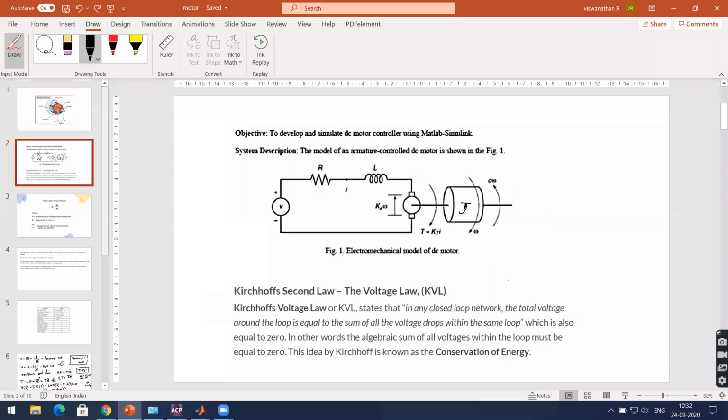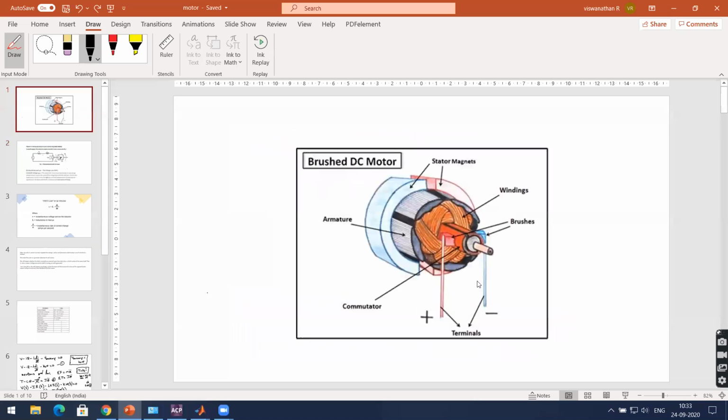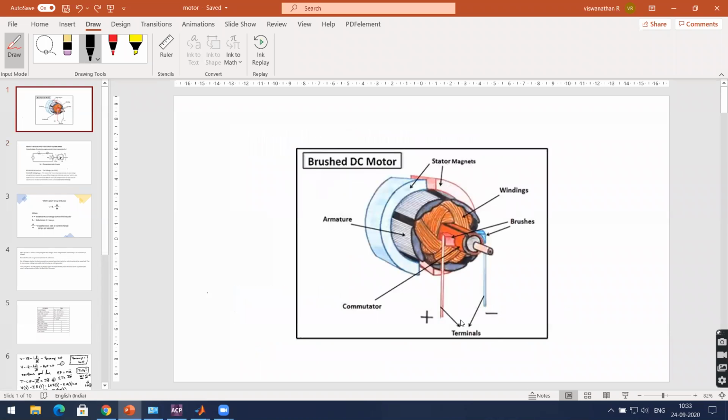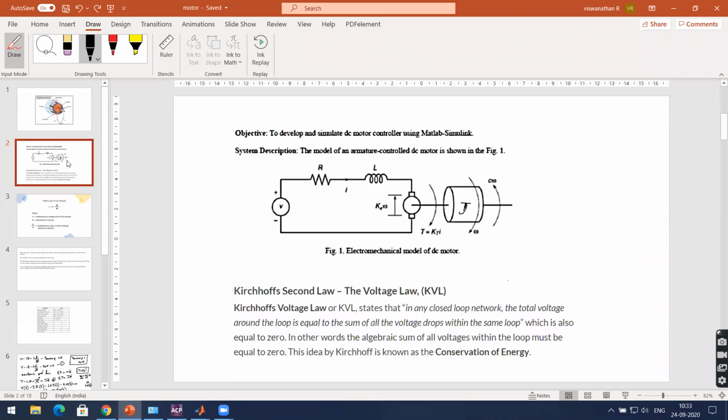Then you have an inductance, because of the core and the coils wound. And then this is the back EMF, the voltage produced within the motor because of the supply. That is Lenz's law. The motor produces a torque and an angular velocity, and the rotor has a mass moment of inertia J. It also has some friction torque, C into omega, acting in the opposite direction of the torque produced by the motor.